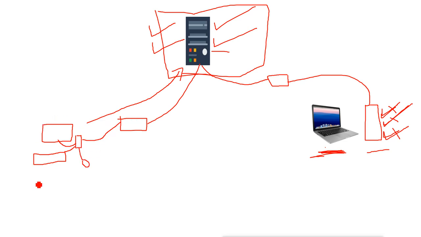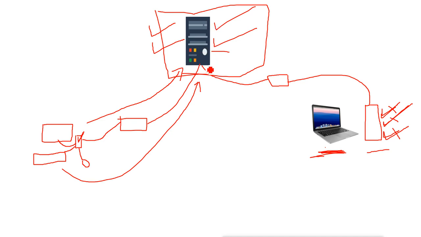We don't need anything to manage here, so it will be cheaper than this normal environment. That installation, which is called VDI, is the Microsoft thin client implementation, we can say. It is a type of thin client implementation where the clients have no hardware here, they have VDI devices, and through these VDI devices they log in to the server remotely, and whatever they want to do, they do it on the client side. They will see that they are doing it here, but everything is processing on the server.